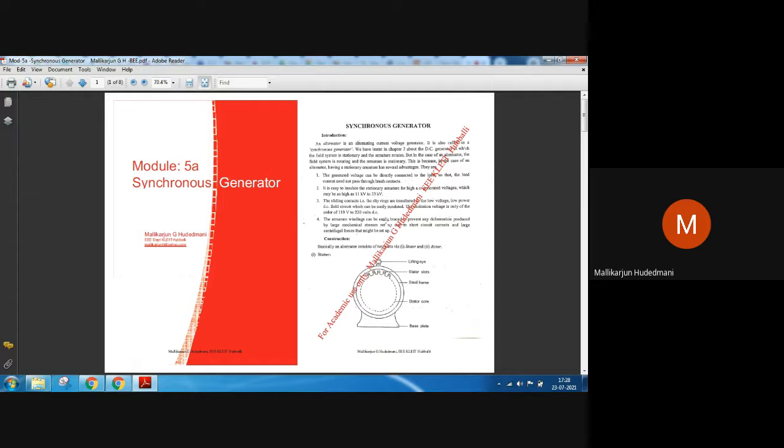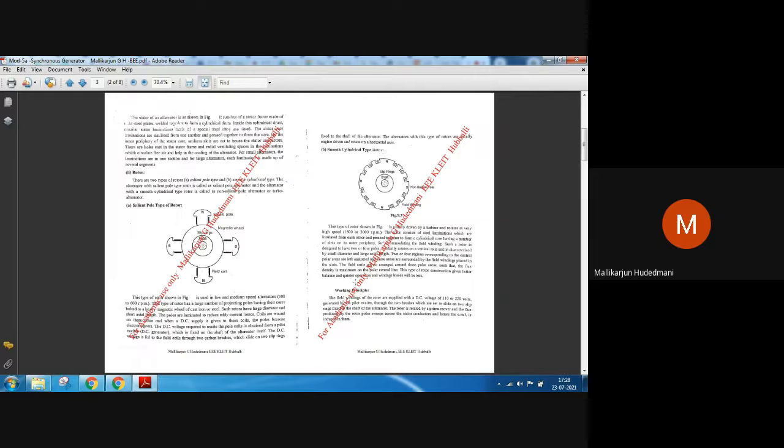The very next question is: explain the constructional features of a synchronous generator. One is the stator, as shown over here. Second is the salient pole kind of rotor, projected pole. So we have the shaft, steel frame, then the projected pole structure, pole core, pole shoes, and other windings. It looks like a projected pole. And here it is a solid forged cylinder on whose outer surface evenly cut slots exist to create N and S poles. This is called the smooth cylindrical rotor. Here winding is done and it is connected as per the requirement. So therefore you have the salient pole and the smooth cylindrical rotor.